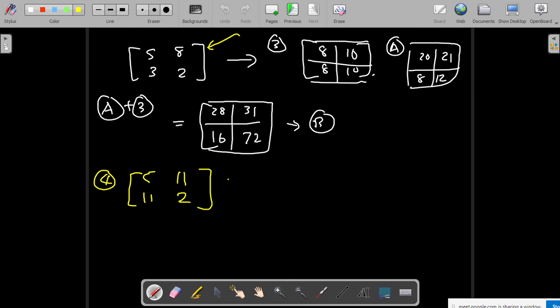Now these two will be added, 4 and B will be added. We're going to see what is the result we are going to get.